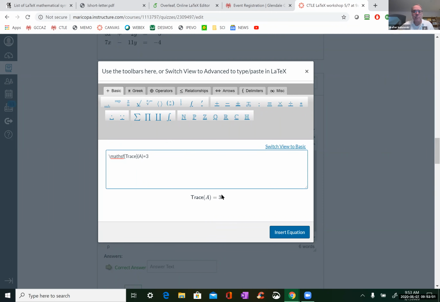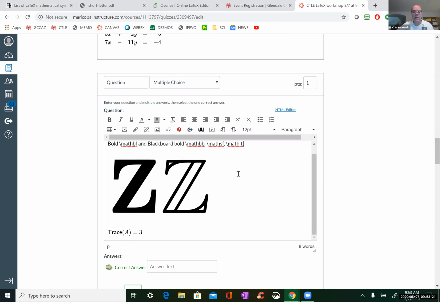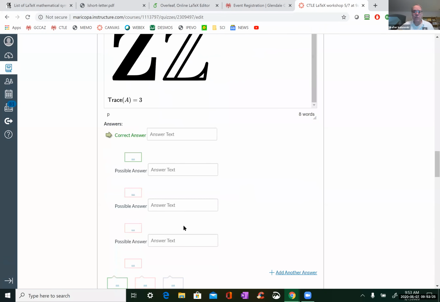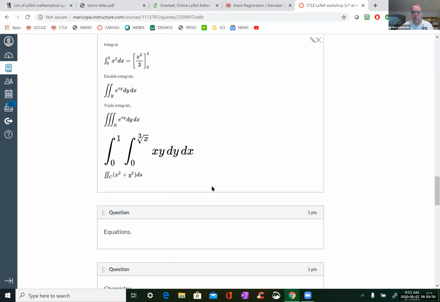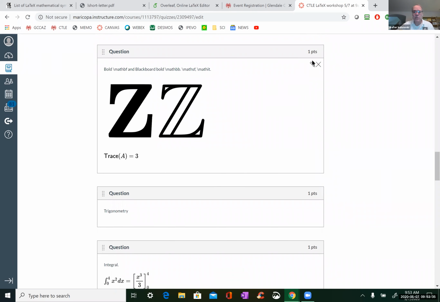Also there's math SF, math italic also. They have different effects like that. Okay, so that's how you can get those. And you can put whole expressions within the math Roman. So, let's just do that again.